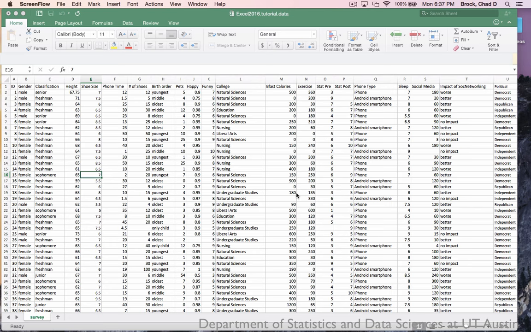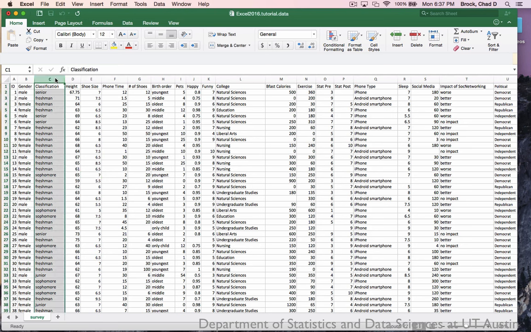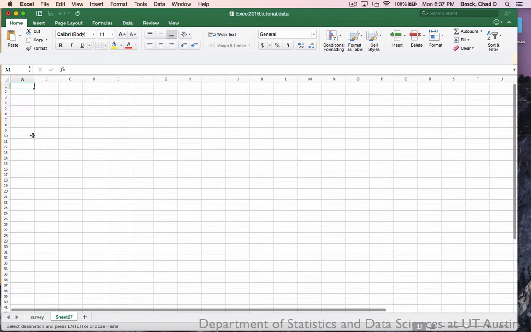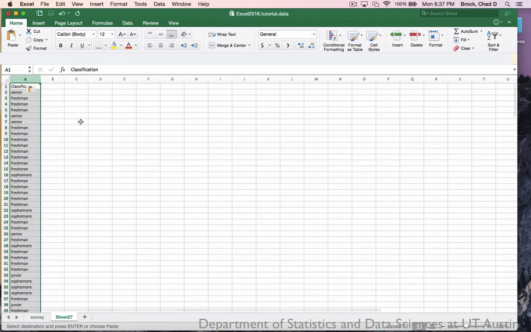This is a tutorial on conducting a chi-square goodness of fit test on a one-way contingency table. So the first thing we want to do is copy our variable of interest, in this case classification, move it to a new spreadsheet, and then create a one-way contingency table